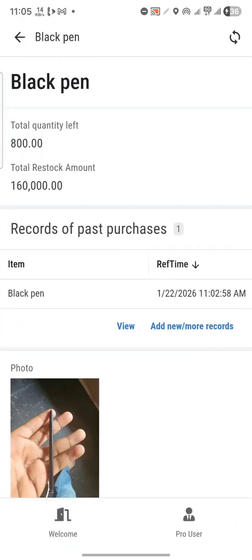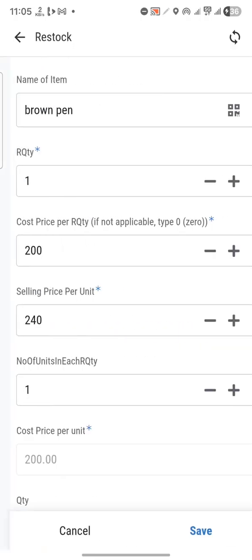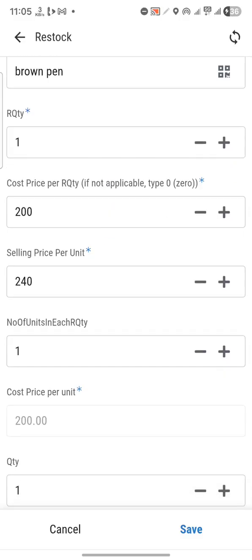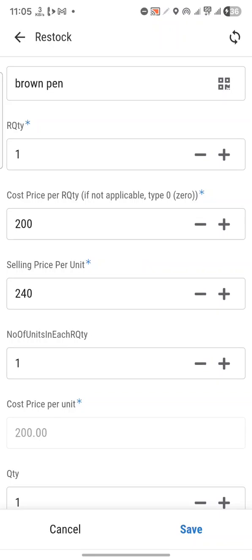Let me go to brown pen. Brown pen. If I click on add new or more record, you can discover that the cost price for brown pen currently is 200 and the selling price is 240. But now things have changed. The new selling price,